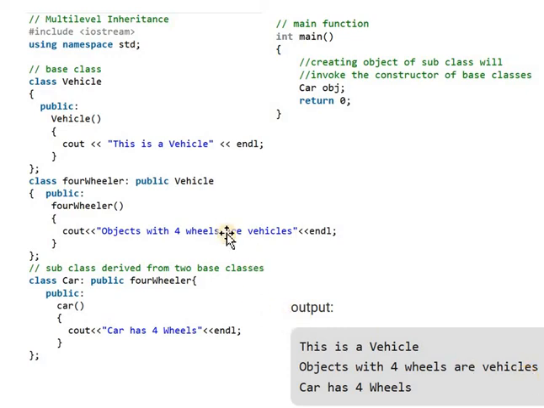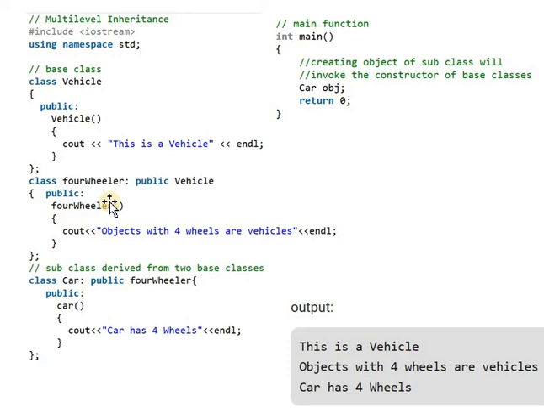Next, it calls the intermediate class FourWheeler. After calling the FourWheeler class, it displays the message "Object with four wheels are vehicle", because in the FourWheeler class we are defining a constructor.